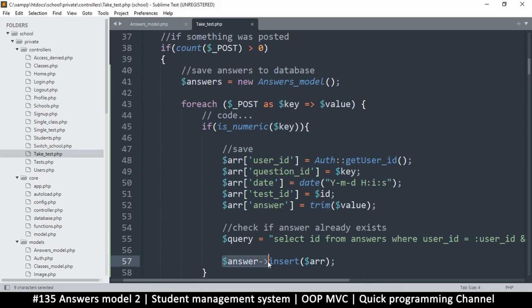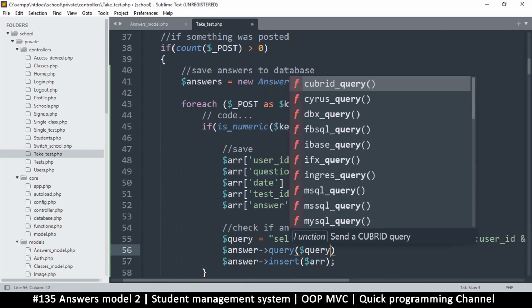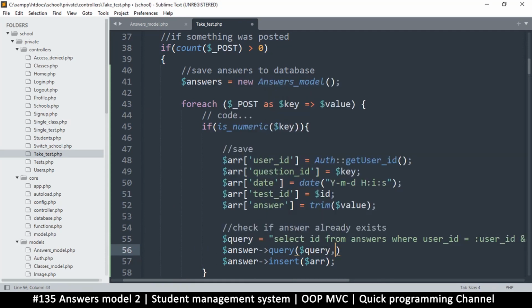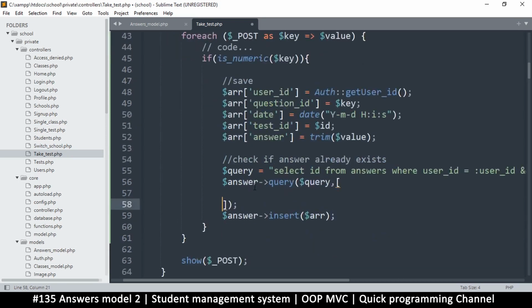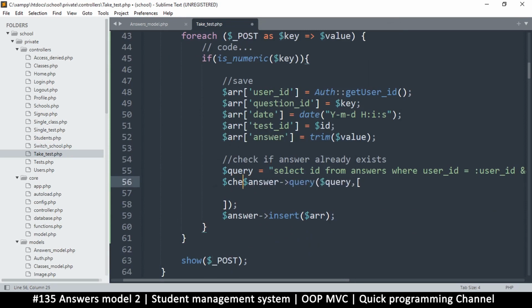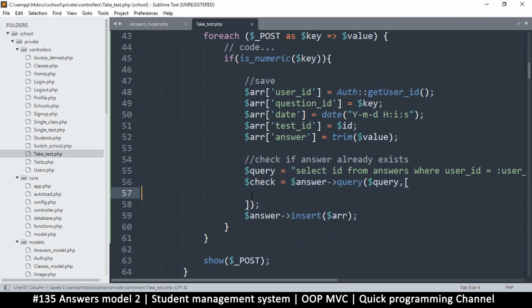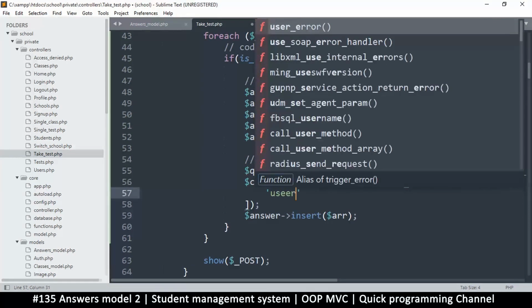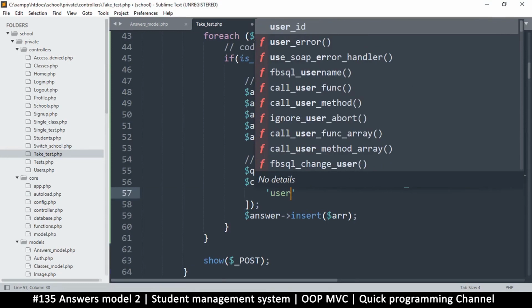So let's get answer right here and use query instead, and put our query in there. Of course, we will need an array to give this information. So let's do this instead. Let's say something like this. So this one will be check. That's what I'll call it. Since we are just doing a quick check here, let's create an array here. So first of all, user ID, user ID, comma,